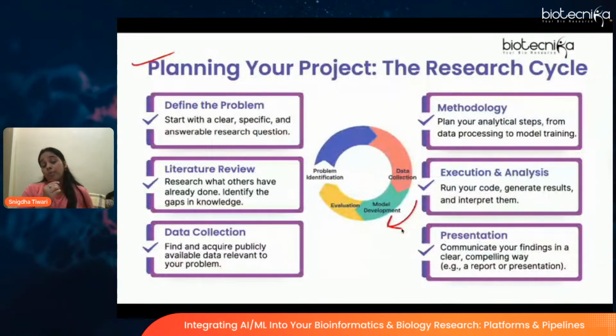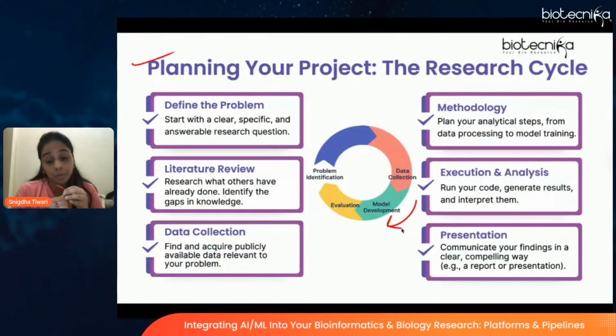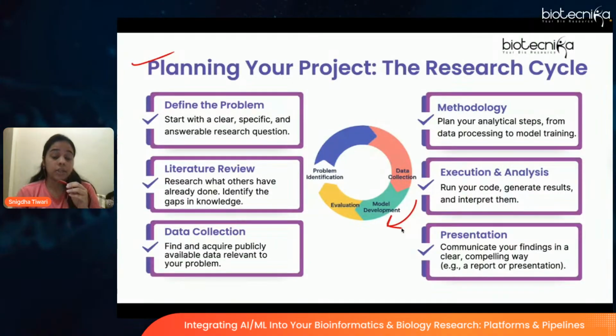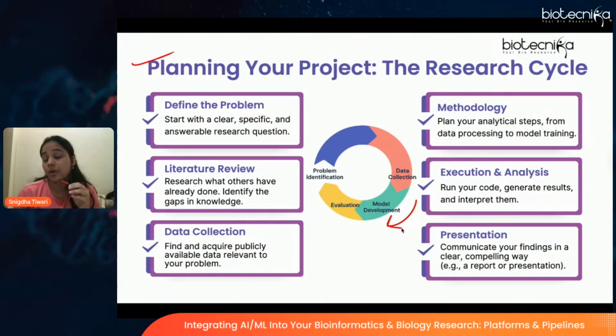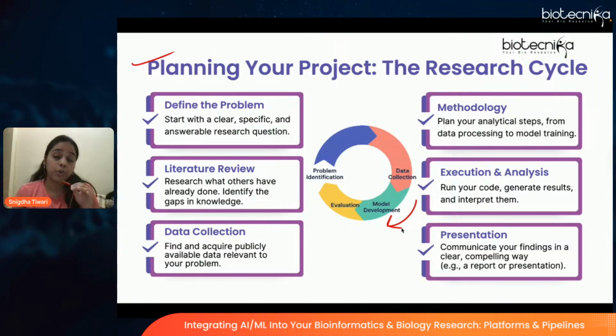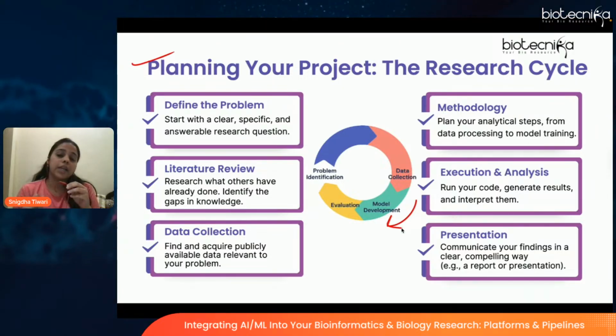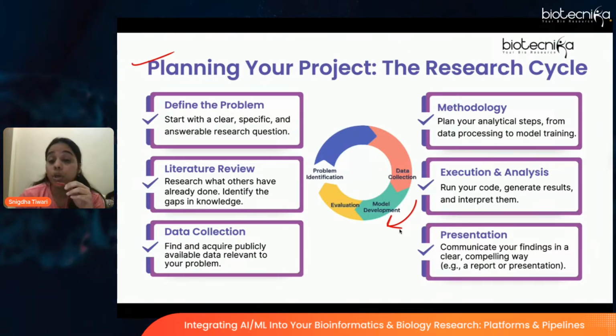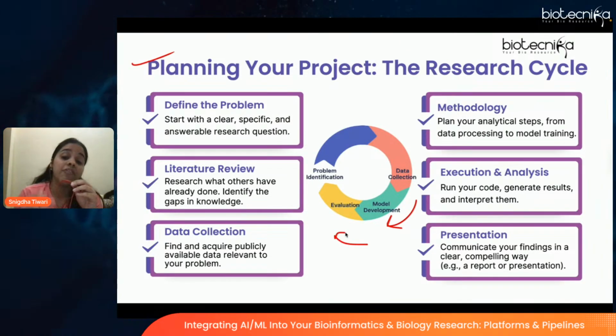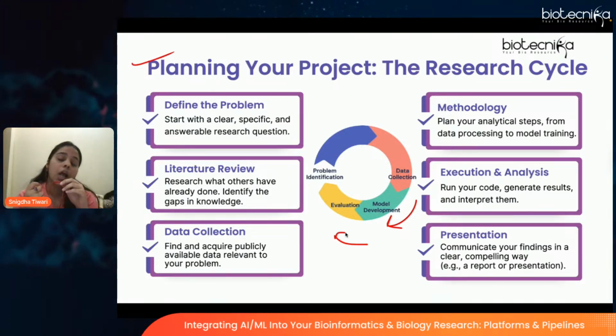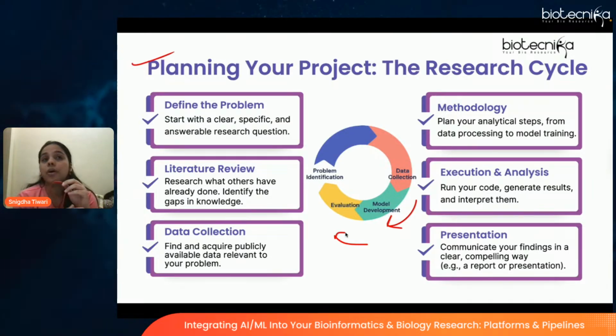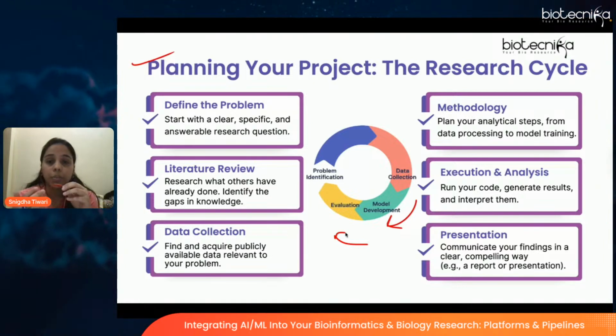How will you develop a model? Anuprabha ma'am already talked about it. Whether it will be supervised learning or unsupervised learning, you have to choose according to your endpoints. What is your hypothesis, what are your endpoints, what is your protocol development? Based on that, you're going to do the model development. After the model development, one has to do the evaluation. What are your outcomes, what will be the outcome detail, what will be the evaluation?